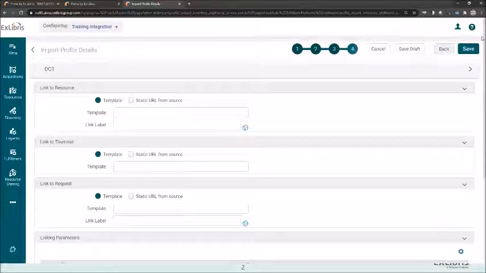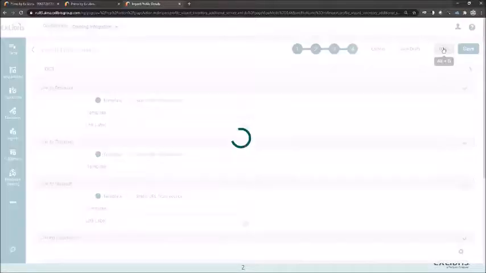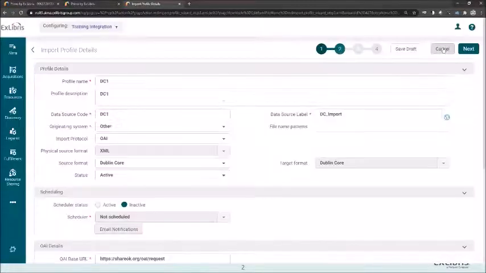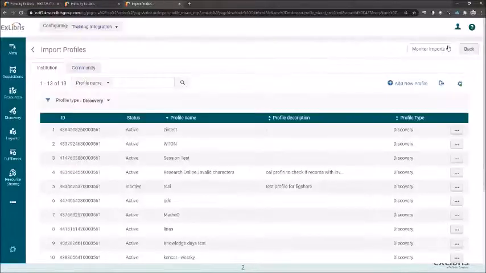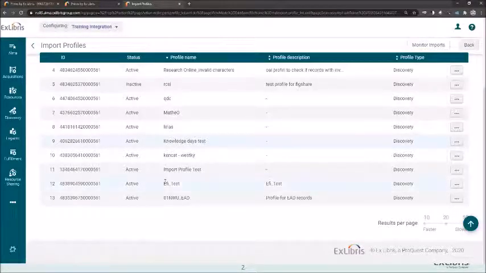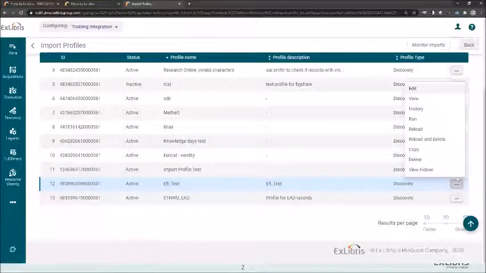Because I already created it, I will go back and see how it looks on the pre-created import profile that we did before this session. Just click on back. Clicking on back provides you also the option to go back and fix something that you might have missed. Now, if we go to one of our import profiles and select the edit option,